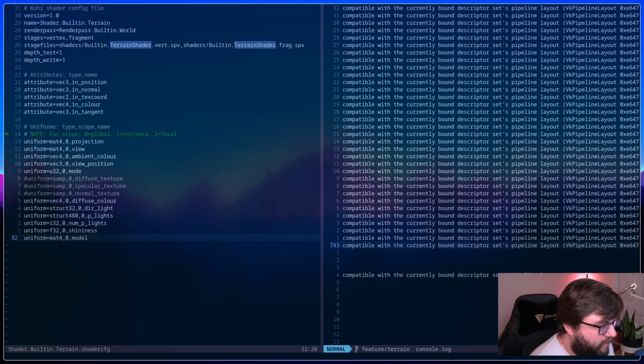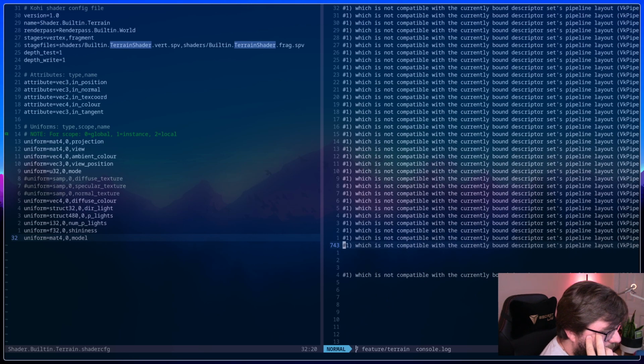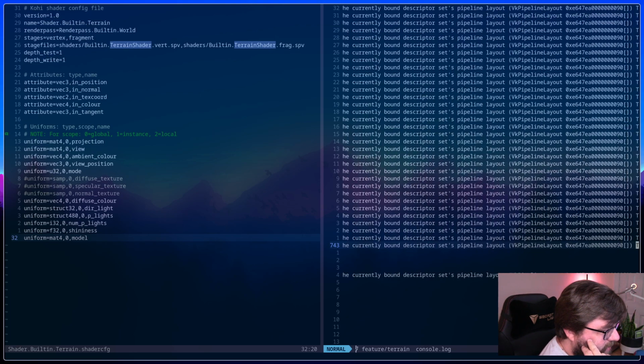This is all saying the descriptors don't match up with the pipeline layout, but the pipeline layout is dynamic based on how we configure our shader. So I'm confused as to how that's not lining up. Has nothing to do with the render pass, so I know it's not that.